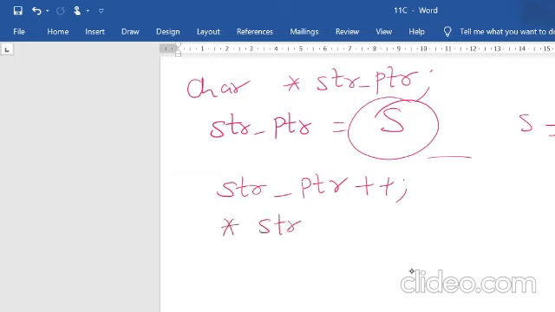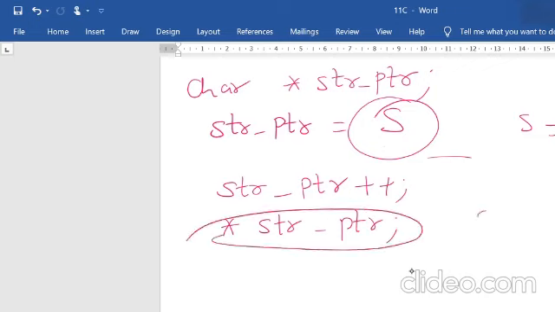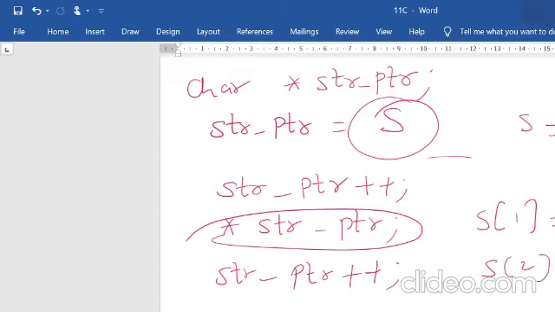Then if you say star str ptr, this displays the next letter, that is S of 1, which is O. S of 0 means C, then O, and then again str ptr plus plus, it increments to the next, that is S of 2. If you give the asterisk and this, then it gives you S of 2, that is M. In this way you are going to use strings with pointers.